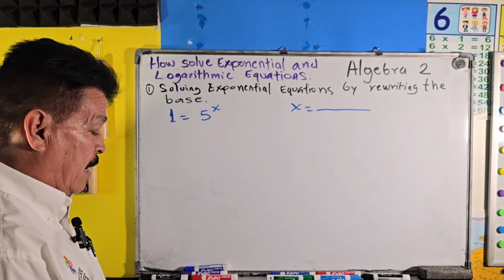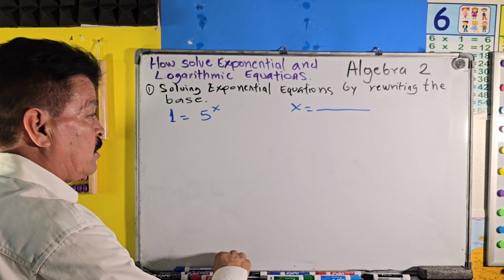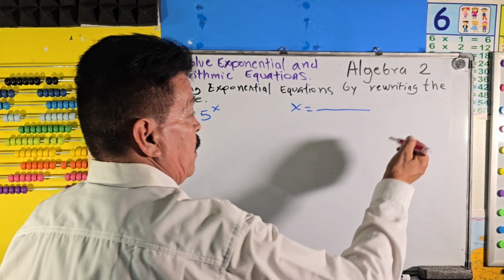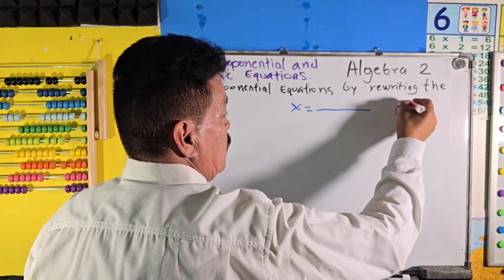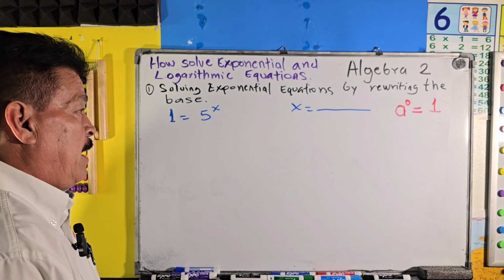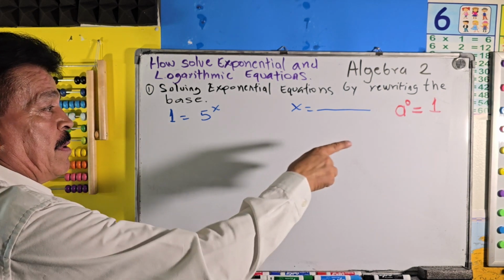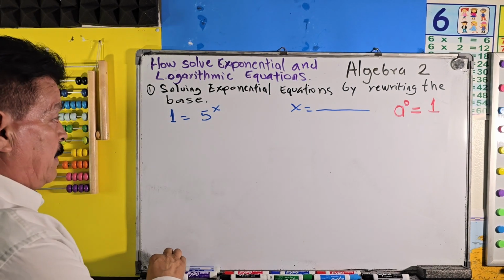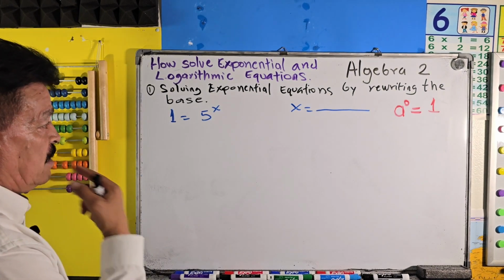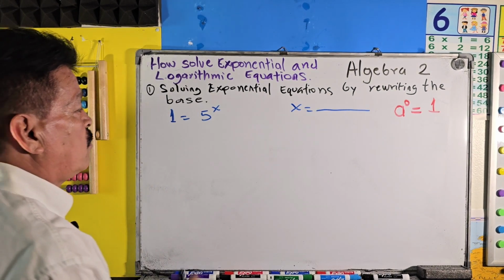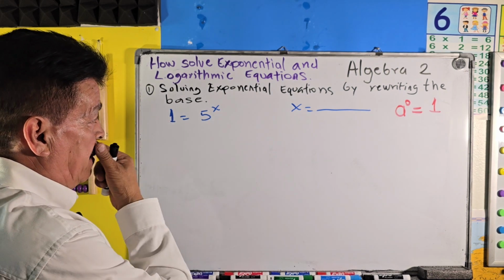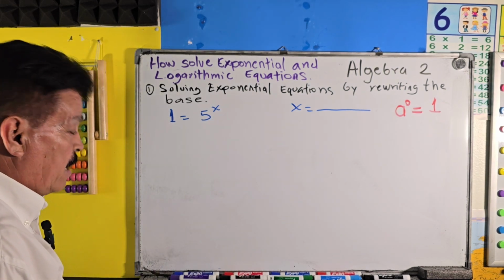In this section, we have to remember this important rule: when you have a to the 0, it equals 1, right? Important, remember that rule. Let's see then how to solve this. This is the first problem: 1 equals 5 to the x power. How do we solve this question? Remember,